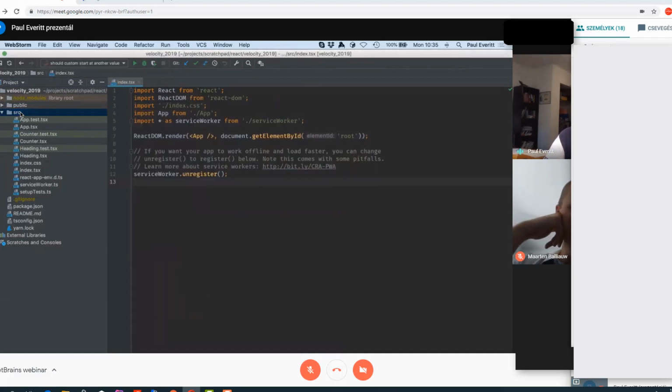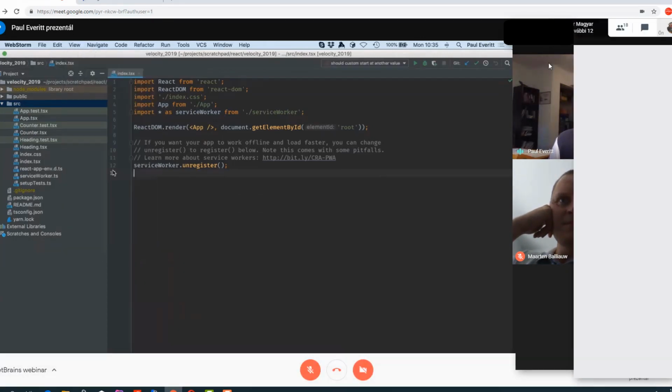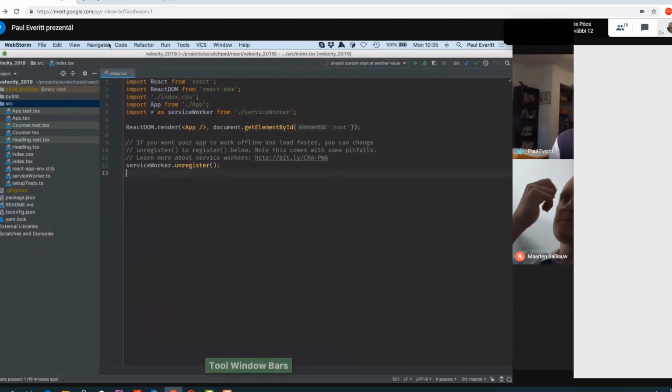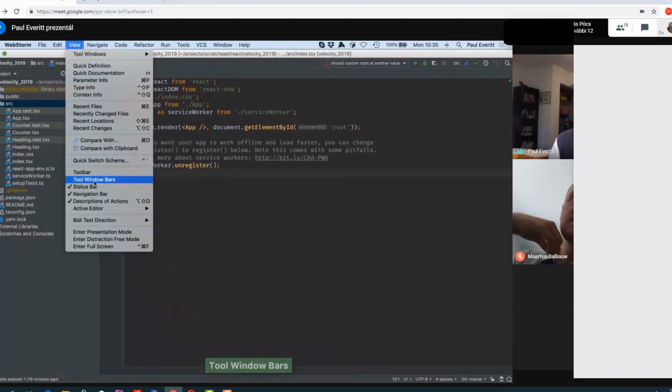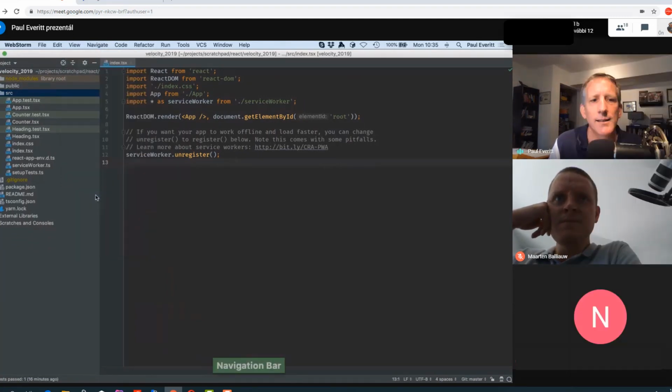I'll also show slimming down the IDE. Ooh, JetBrains, big and fat, all these things on the screen. Well, you know why there's a bunch of things on the screen? Because we do a lot of things. And as you learn, you can turn off these things and have more of a distraction-free UI. So what I do in my development is I turn off the toolbar, and I turn off the tool windows, these things around the bottom. And I leave the status bar, but I turn off the navigation bar. I'll get back to that one later.